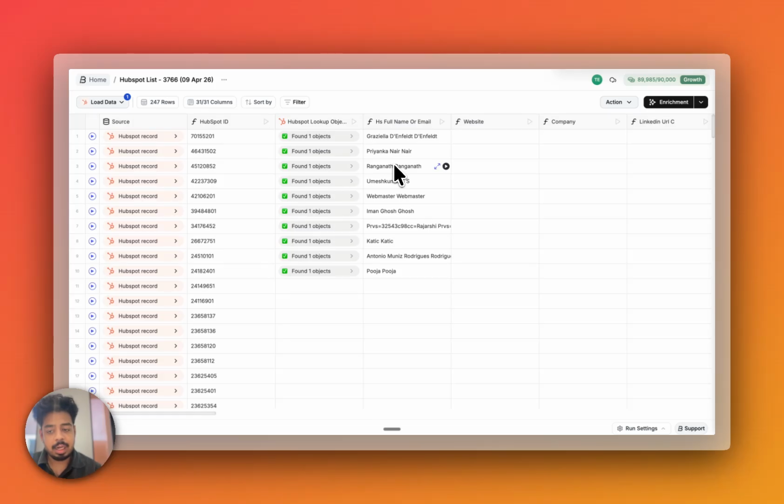It basically pulls in data from your HubSpot, whatever data is available. It doesn't matter if the company is empty. We assume that if a contact is available in your HubSpot, it has its email available. If that is not available, then this playbook might not work for you. But as long as the email is available, everything else is handled by the playbook itself. So just to give you a walkthrough of how everything works,